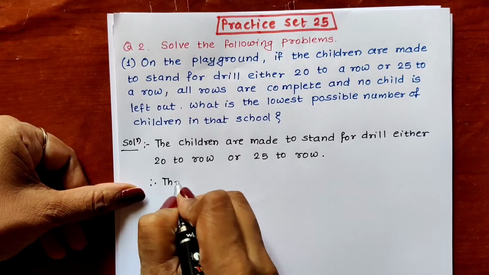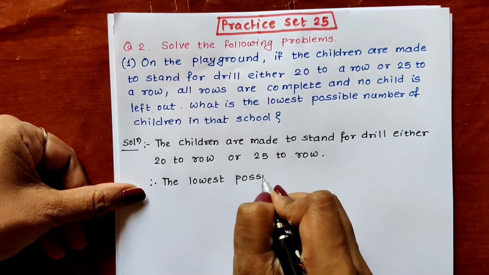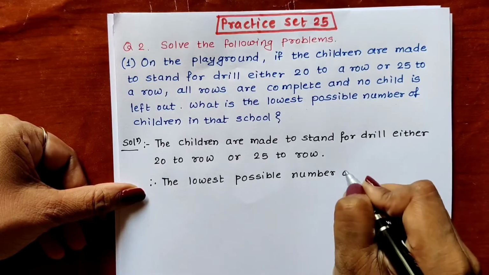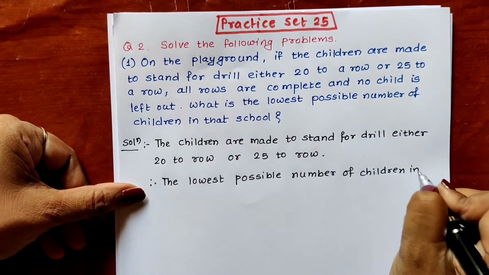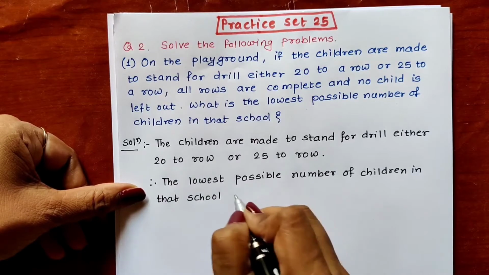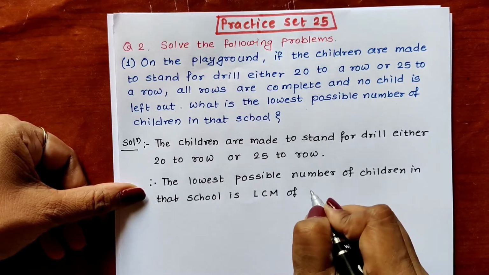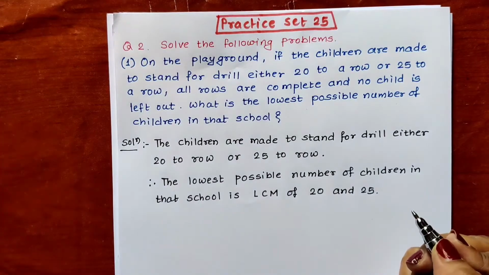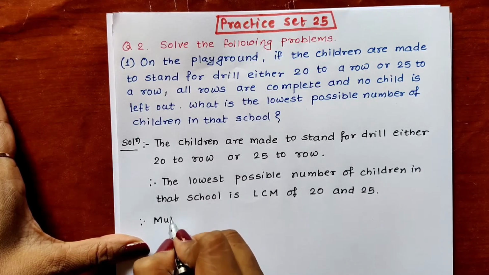Therefore the lowest possible number of children in that school is the LCM, or least common multiple, of 20 and 25. So we have to find the LCM of 20 and 25. First find the multiples of 20. Therefore, multiples of 20,